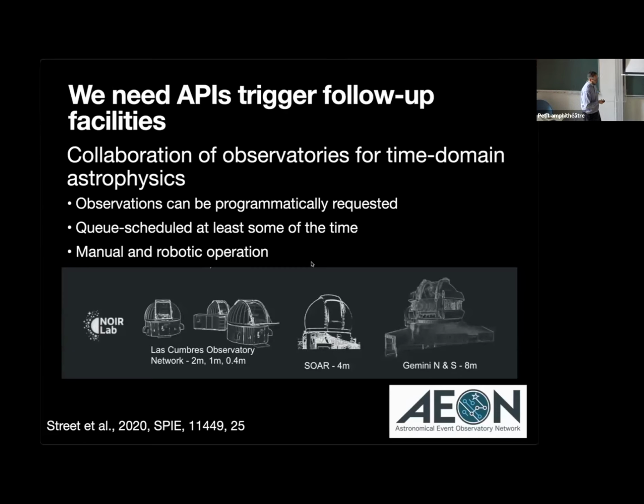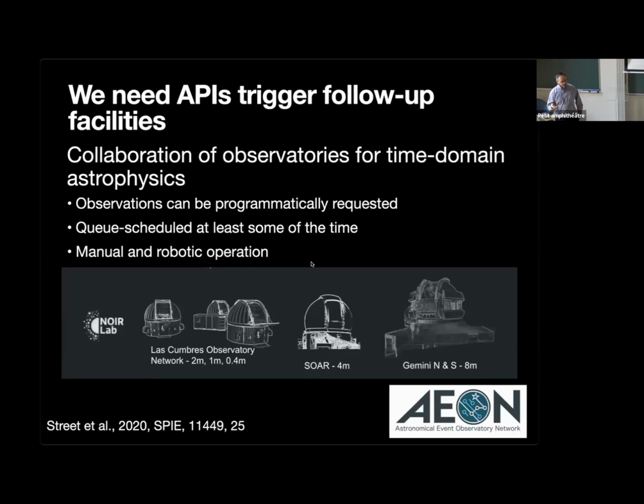Also, it helps the telescope anyway if they're queue scheduled at least part of the time. Interrupting classic observation versus queue observations is still a little bit of a contentious topic, and it's a little difficult. So this mode of operation works a lot better if you're at least partially queue. And then we also, at LCO, have preferred robotic operations, but we understand that it's not really feasible for all telescopes to be able to do that.